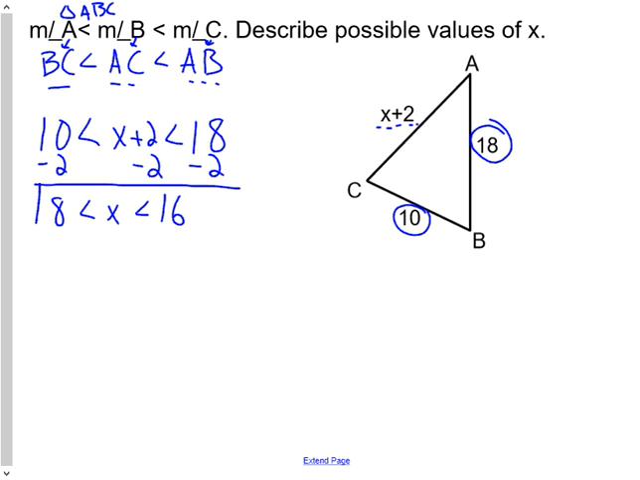So x has to be between 8 and 16 for this top part to work, right? If it was less than 8, it wouldn't be bigger than 10, okay? If it was more than 16, it wouldn't be the middle side, it would be the largest side, okay? So,